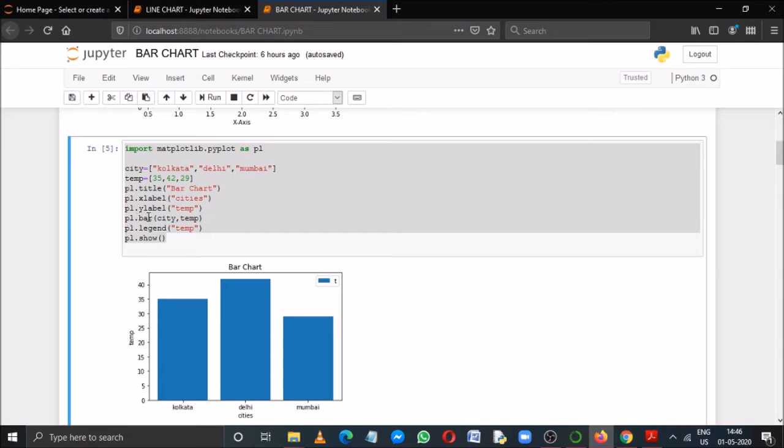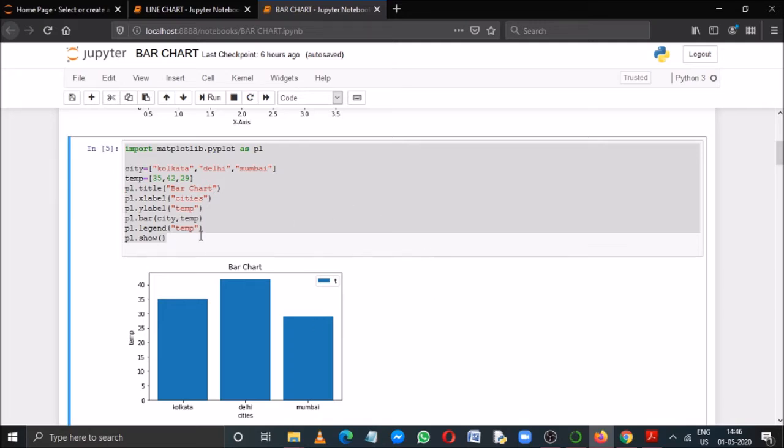Now pl.bar, then city comma temp. That means along the x-axis these city values will be taken like Kolkata, Delhi and Mumbai, these three. And along the y-axis their corresponding temperatures will be plotted, like 35 for this one, this one is 42, slightly greater than 40, and for the third one it is 29.